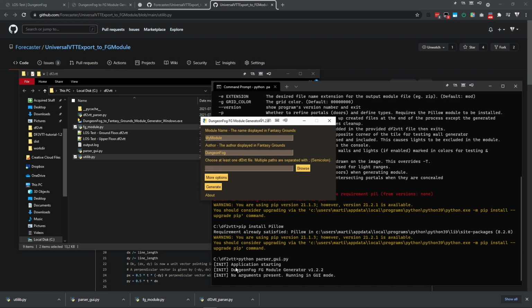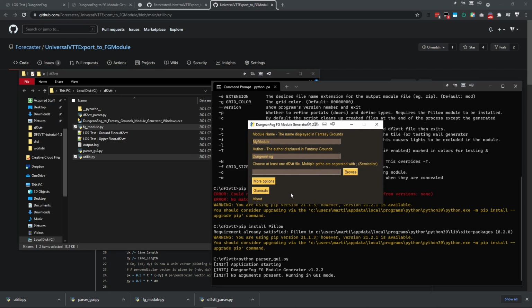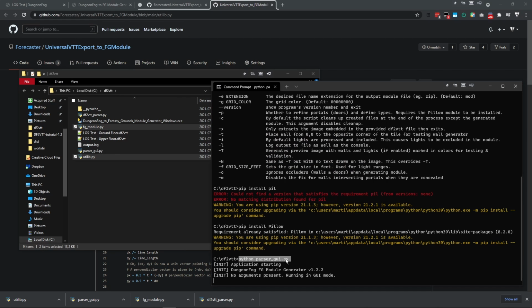And here you can see it says application starting, no arguments present, running in GUI mode. So this starts the graphical user interface similar to starting the executable, because what the executable does is basically this. It runs the parser GUI file,